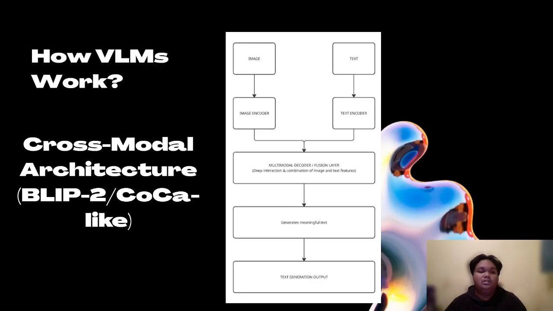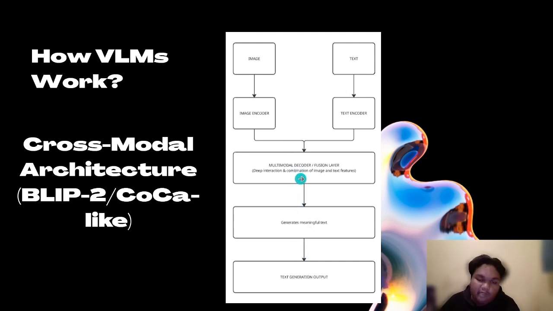Next is cross modal. How does the cross modal architecture actually work? This model works by mixing image and text, but more deeply and accurately. Here, there is a multimodal model. Why does this model mix image and text more deeply and accurately? Because this model can learn, understand, and generate more complex content.